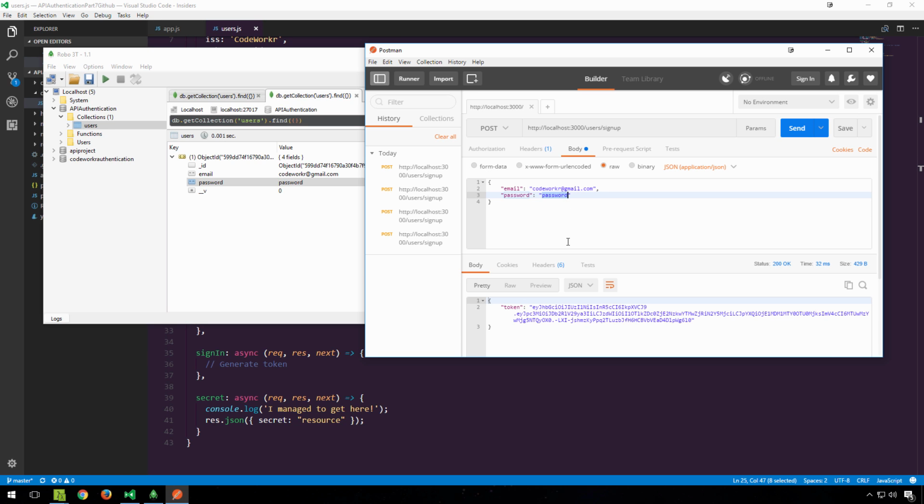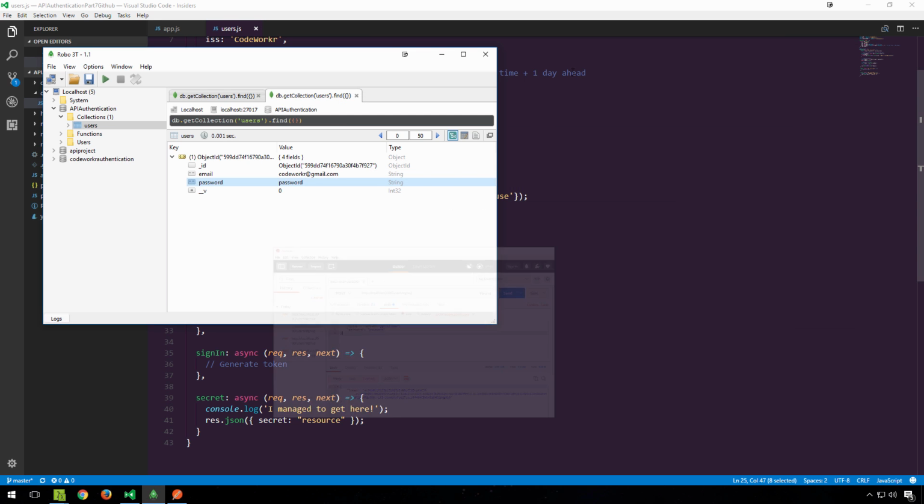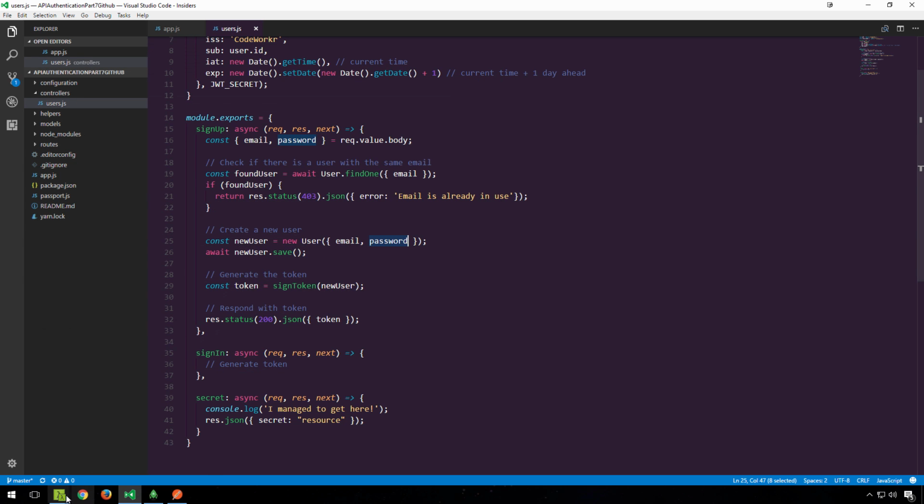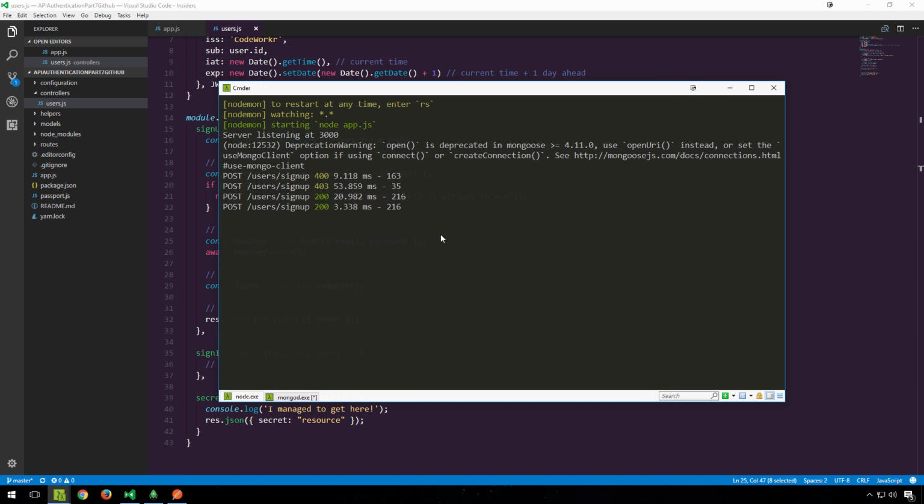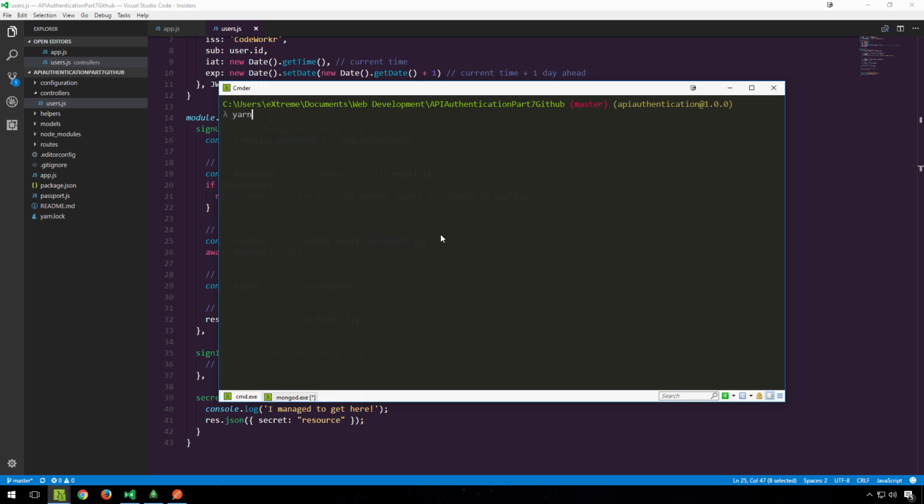So what we want to do now is some password hashing and password salting using the Bcrypt module for Node, and let's do that. So first of all, we need to actually install it. So I'll open this, let me just quickly close the server, then I'll type yarn add